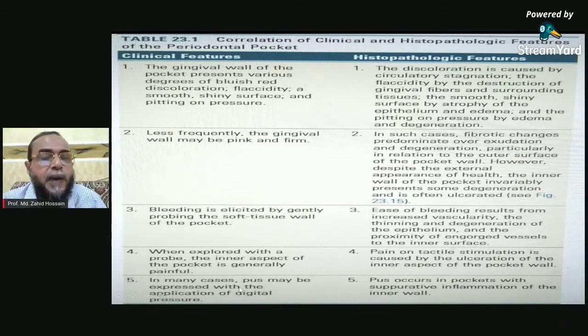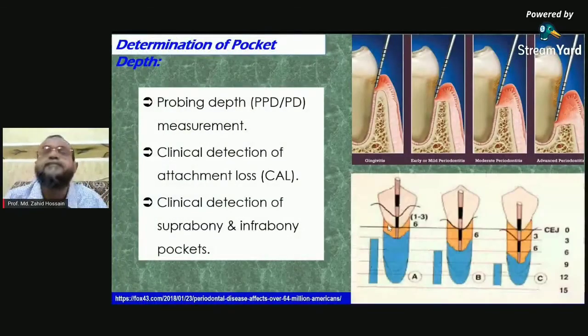In many cases, pus may occur sometimes. Pus is very common, especially in diabetic people who suffer from periodontitis. Diabetes and periodontitis are very commonly associated, like cousins to each other. People who suffer from diabetes, especially uncontrolled diabetes, have more and more periodontal disease. So pus formation is very common. You will find some pus exudation from the pocket if you press it, and sometimes the patient can say, I feel some salty taste in the mouth. It comes intermittently, not regularly.